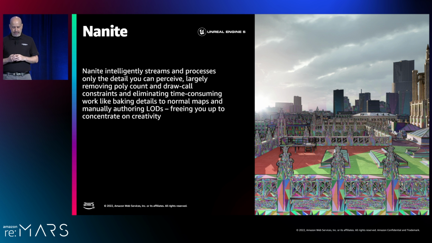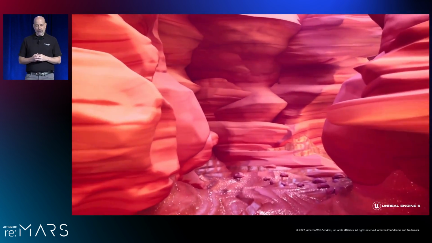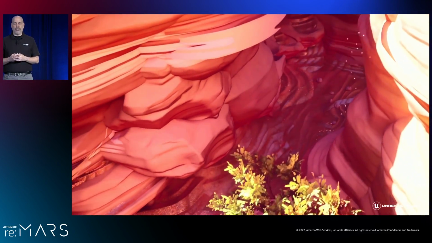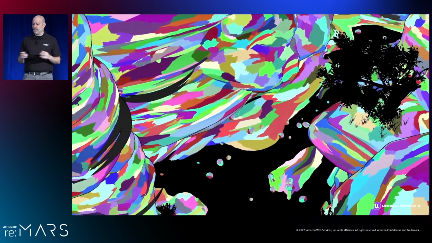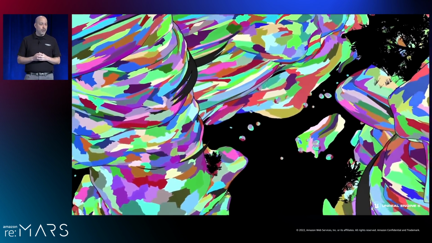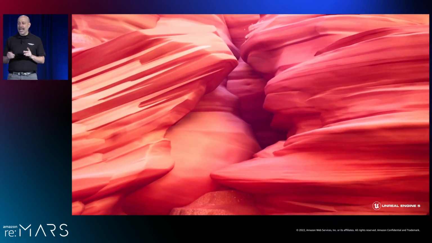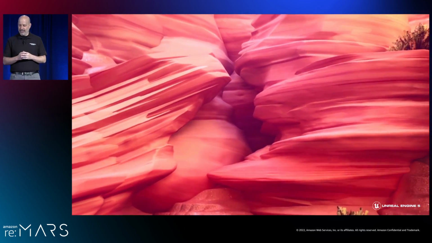Nanite is a new virtualized micropolygon geometry system. What does that really mean, though? Essentially, you can directly import the highest quality source art comprised of millions of polygons, place them millions of times while maintaining the real-time frame rate without any noticeable loss of fidelity.